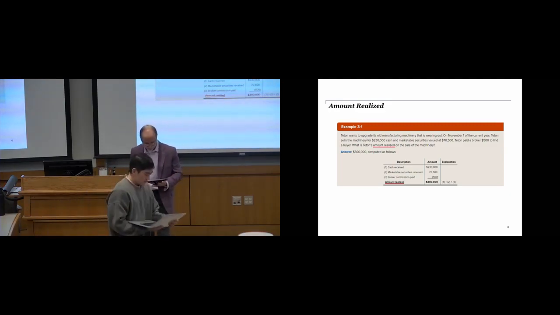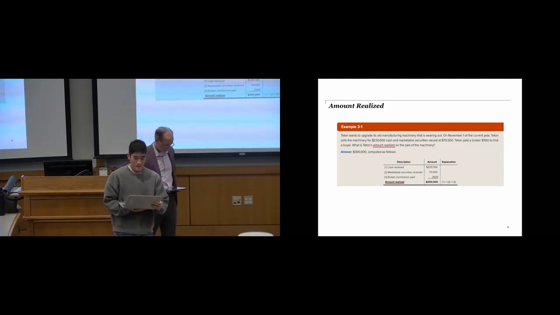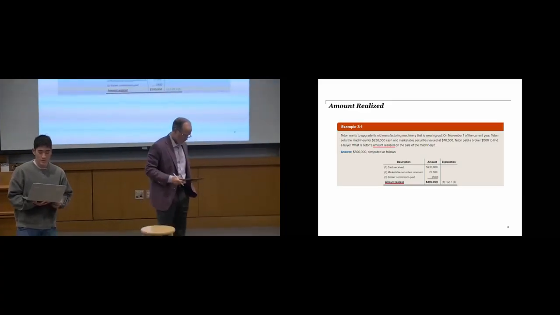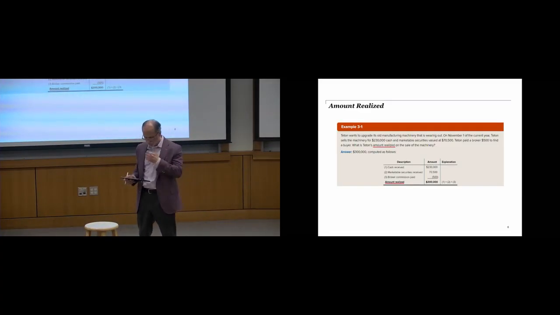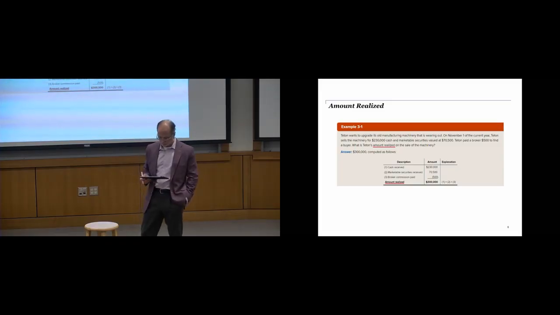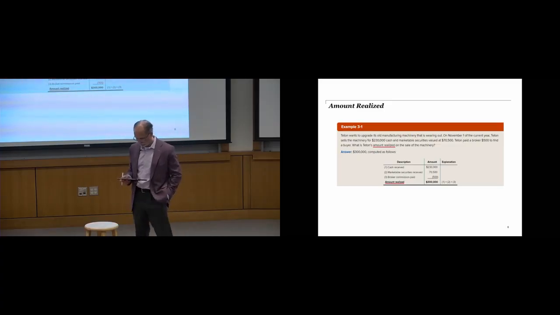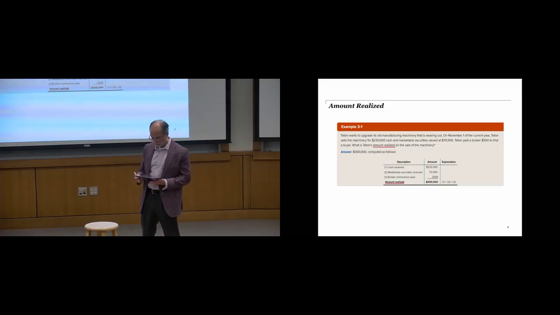So Titan wants to upgrade its manufacturing machinery, which is old and wearing out. On November 1st of the current year, Titan sells the machinery for $230,000 in cash and marketable securities valued at $70,500. And he also paid a broker $500 to find a buyer. How much is his amount realized on the sale of machinery? So you add the cash and the marketable security, which is $300,500, and then you subtract the selling expense, which is $500 to get you